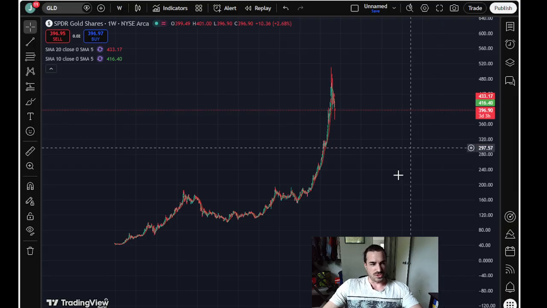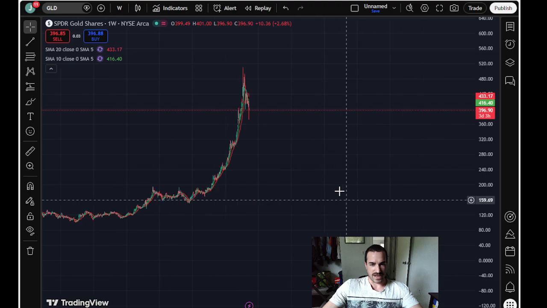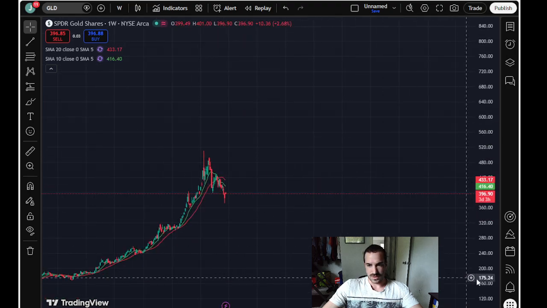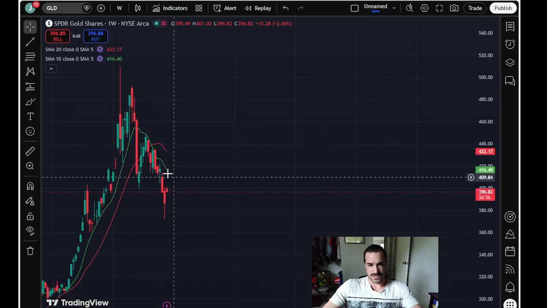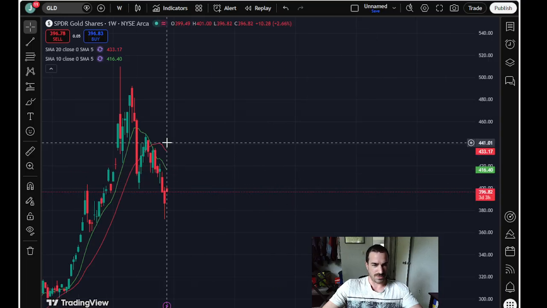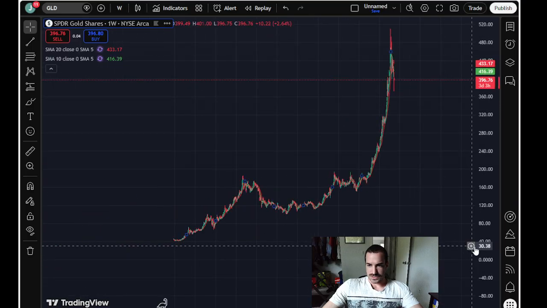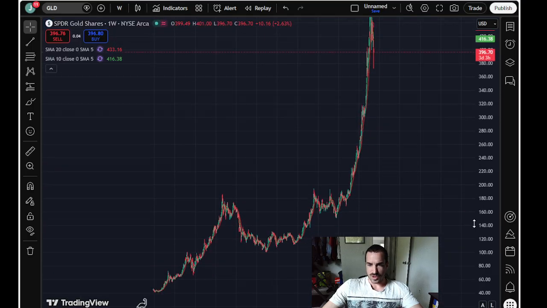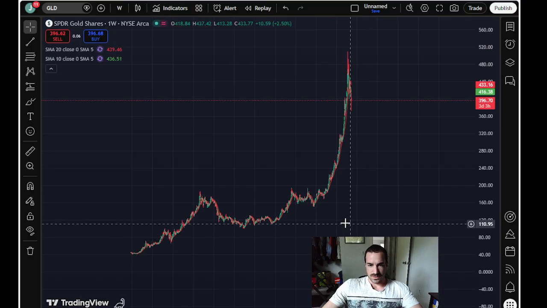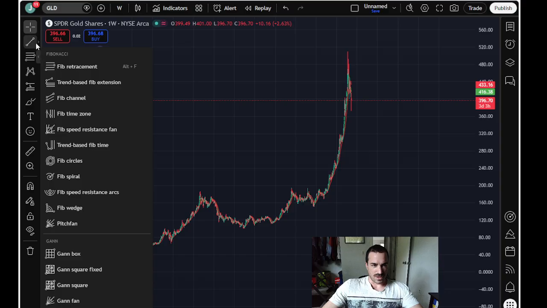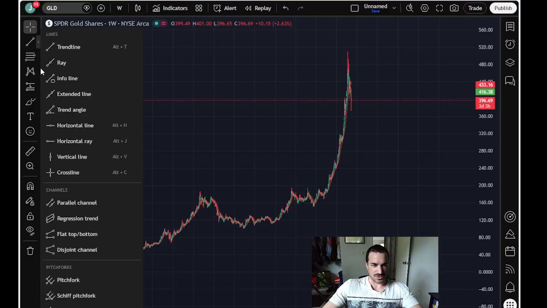So we're starting with GLD. So fresh graph, nothing on it. All I have is the 10 period and the 20 period indicators. We're in the weekly time frame right now. So we'll start off big and go small. So what I like to do is start off with time cycles. Essentially,